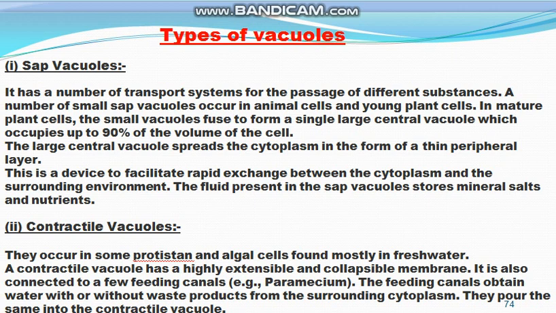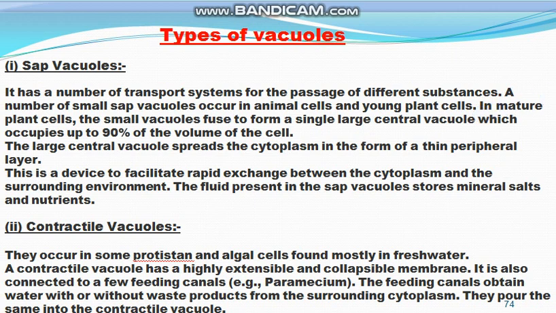There are basically four main types of vacuoles. Number one is sap vacuoles. It has a number of transport systems for the passage of different substances, and a number of small sap vacuoles occur in animal cells and young plant cells, and in mature plant cells, as I have already told you, the small vacuoles fuse to form a large central vacuole